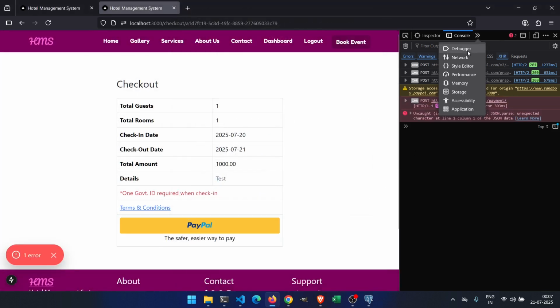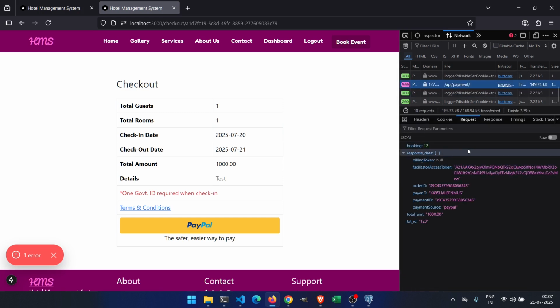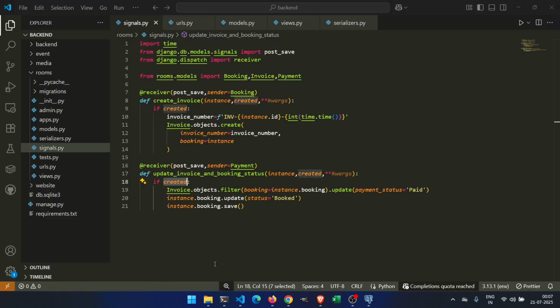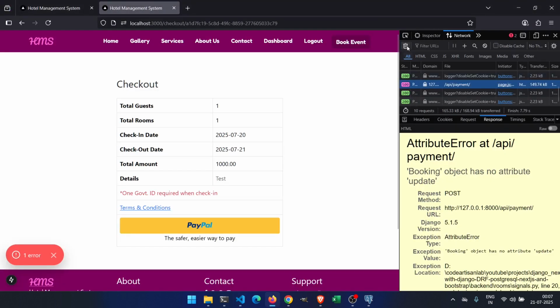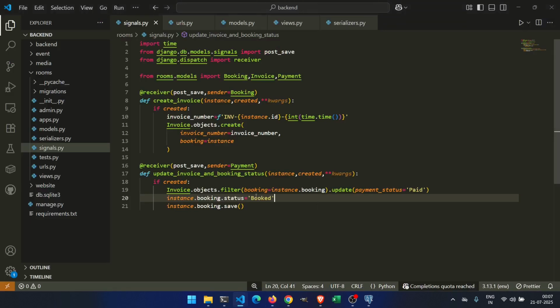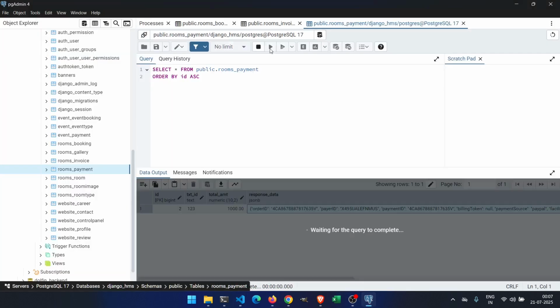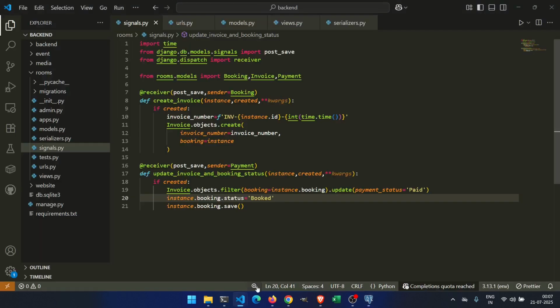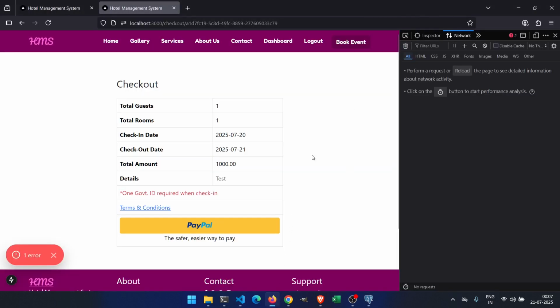So what it is saying, let's check it. Response: booking object has no attribute update. Okay, great, sorry. So it should be status equal to booked. Okay. So status equal to booked. So I think payment data has been inserted. Yes, inserted, but remove. All right. So now if I do booking again,